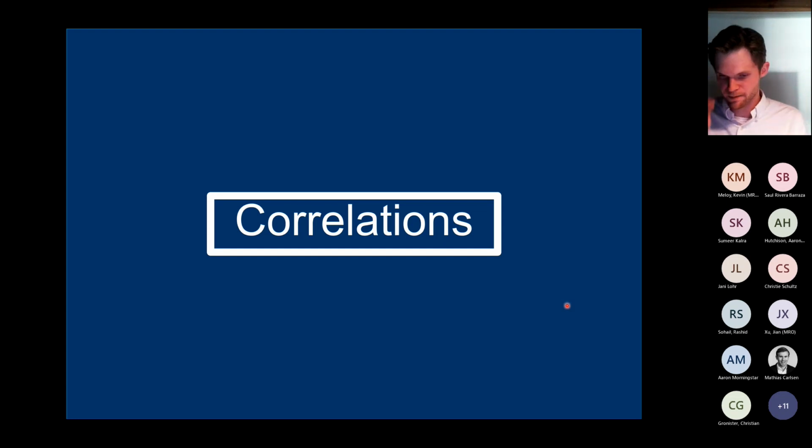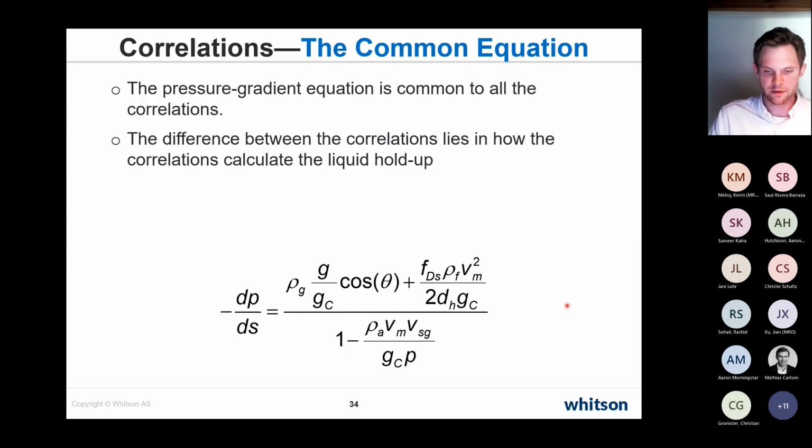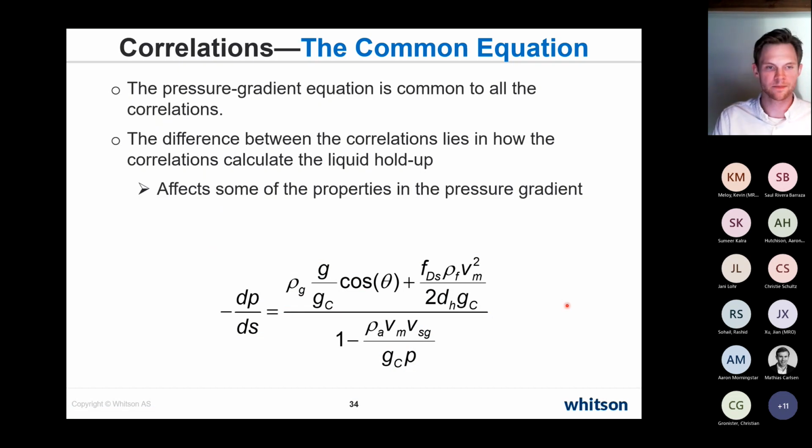So the correlations, what do they do? How do we use the correlations? I'm not going to go into detail of every correlation, the four that we have in Whitson Plus, but I'm going to say what the common equation is and the gist of how each of the correlations works. So again, coming back to this pressure gradient equation,